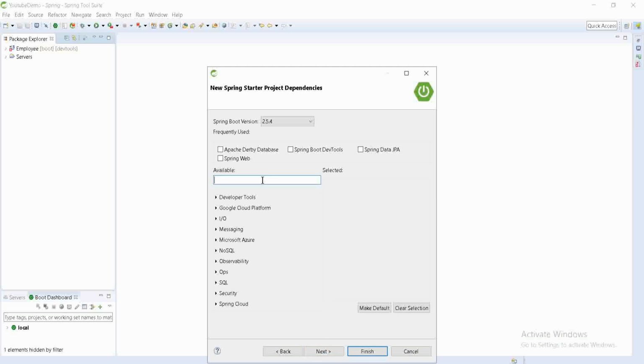Here it will provide you the Spring Boot version. If you want to use any other version, then you can go for that, but here I will use the default version, which is the stable version. And then what we need: the first thing, we are building a web application, right? We are calling these REST APIs through the web, so we will need Spring Web. Then the second thing is we are going to perform database related operations, so we will need JPA, that is Spring Data JPA. Then the third thing we will need is Apache Derby.